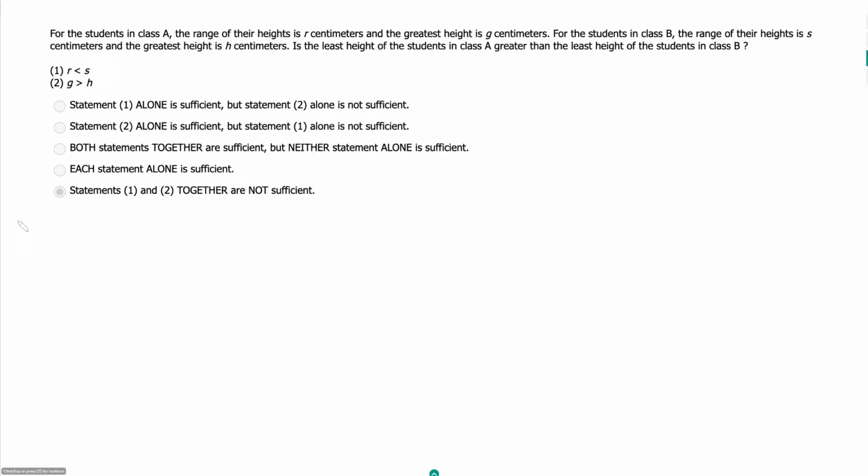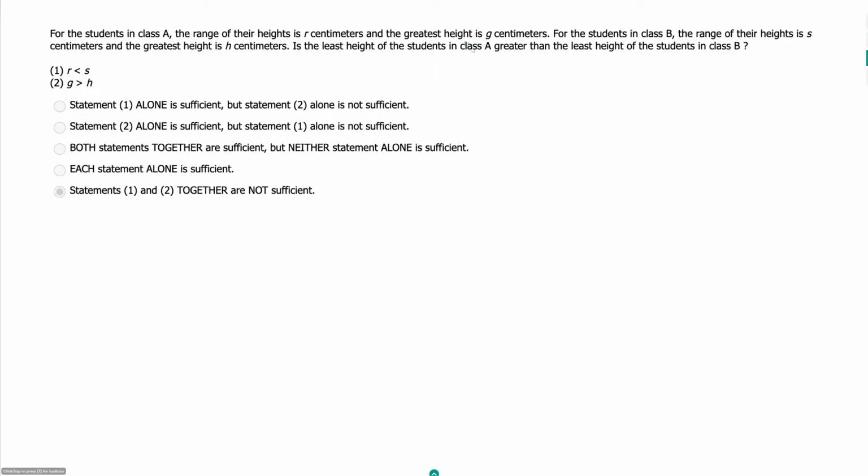For the students in Class A, the range of their heights is r centimeters, and the greatest height is g centimeters. For the students in Class B, the range of their heights is s centimeters, and their greatest height is h centimeters. Is the least height of the students in Class A greater than the least height of the students in Class